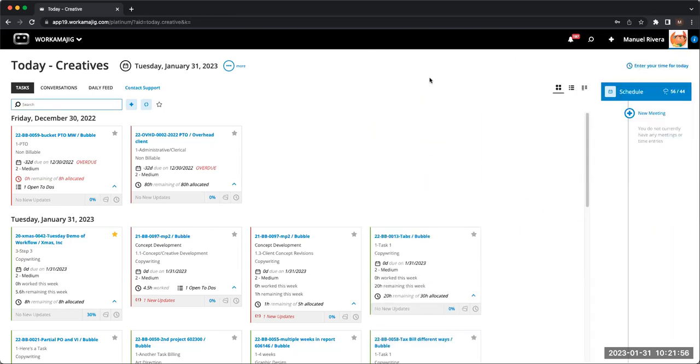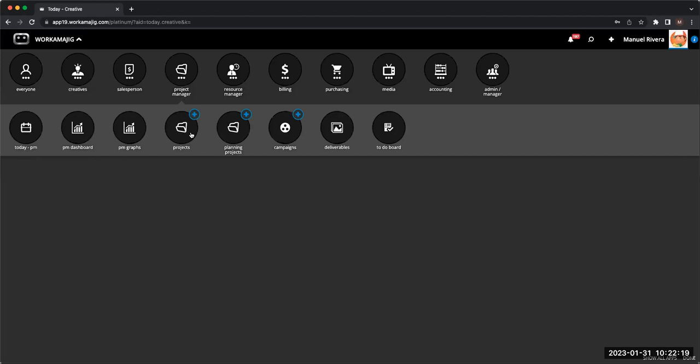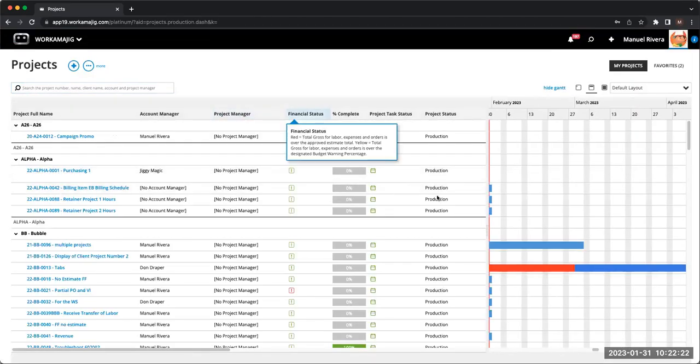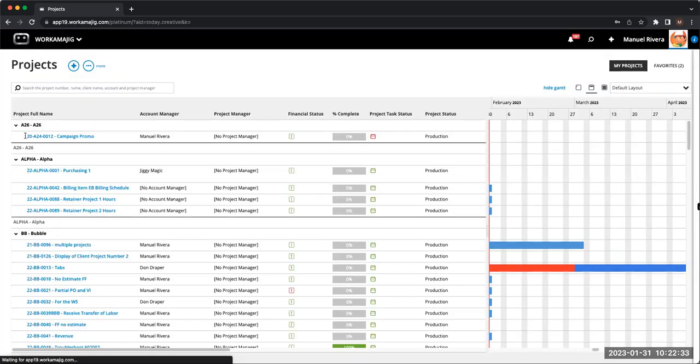All right. Trying to think if there's anything else before I move on. So I now want to discuss dashboards and other screens. Like I mentioned, with Workamajig, we have different screens that look different, right? Whether you are a basic user and these are my tasks, or whether I'm a project manager and I want to see my list of projects and see this screen. Again, I can't get into every screen, unfortunately. But the point, especially why I bring up those two screens, and it may apply to other screens, so I'll start with back to the Today Creatives,